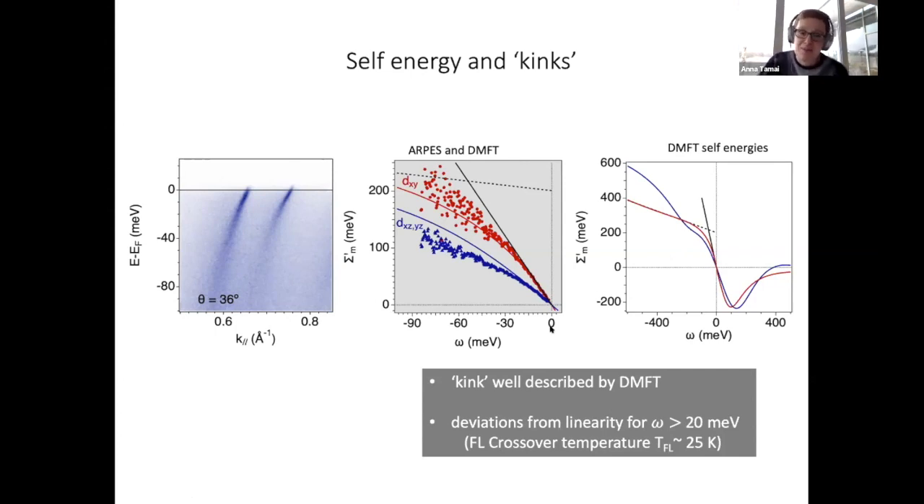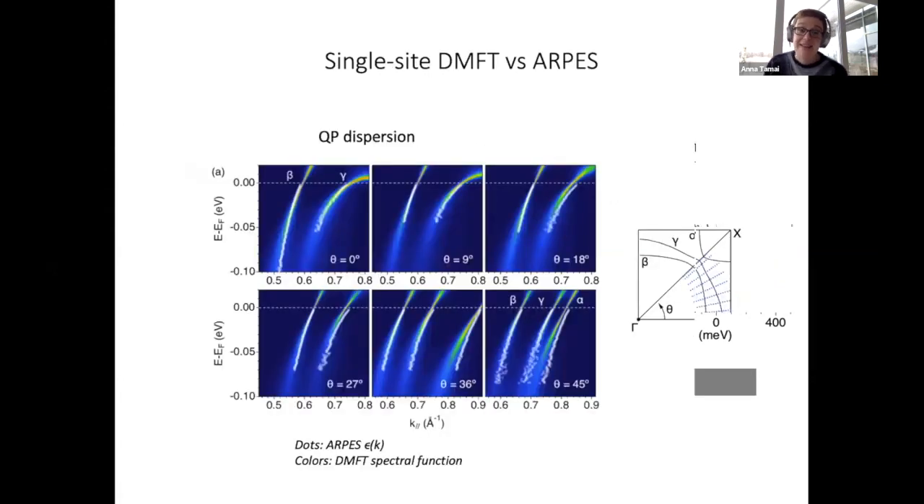Okay, so what you see here also is that there is very good agreement between ARPES and DMFT. The agreement is good basically at the quantitative level for the dxy orbital, a bit less for the out-of-plane orbital, but the essential features are there. The agreement between